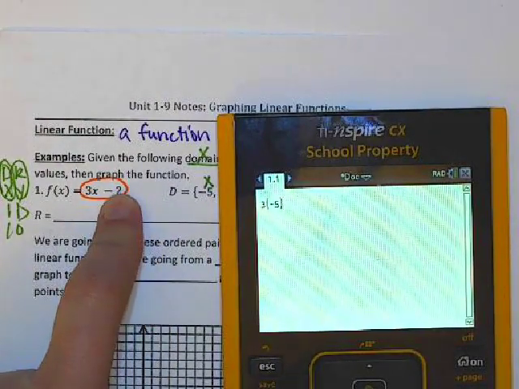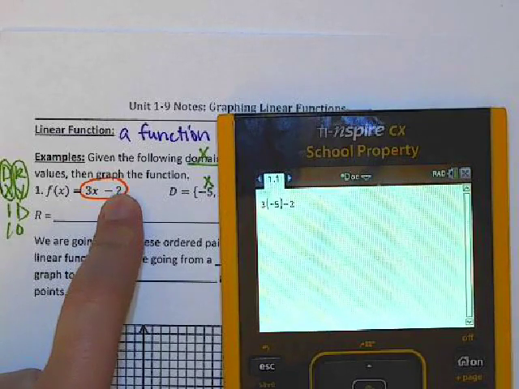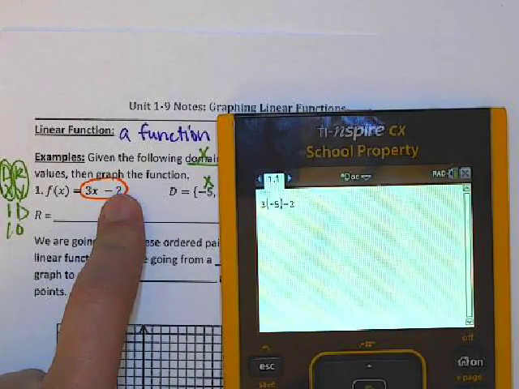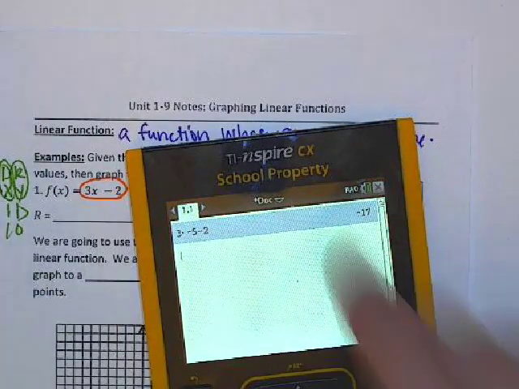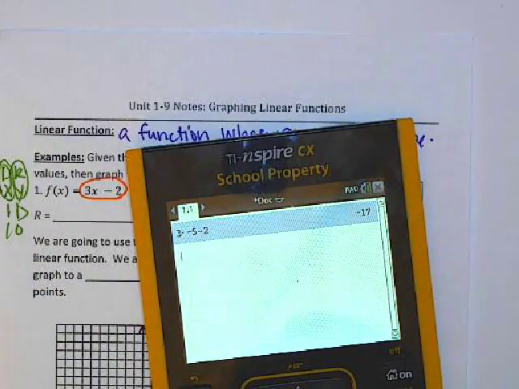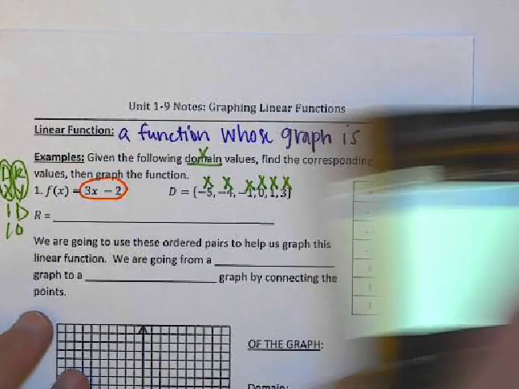Negative 2. Equals, Enter. Negative. And I get what? Negative 17. And that represents what? What is that? Y. My y. Good. Okay, so now